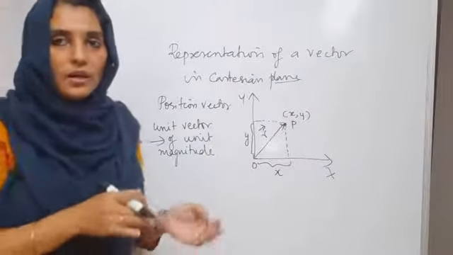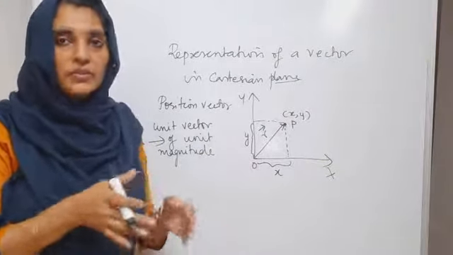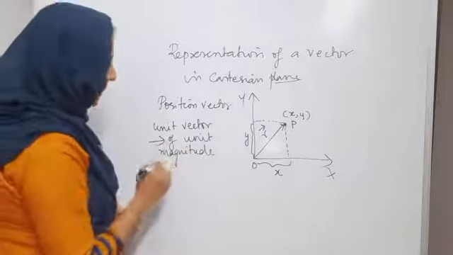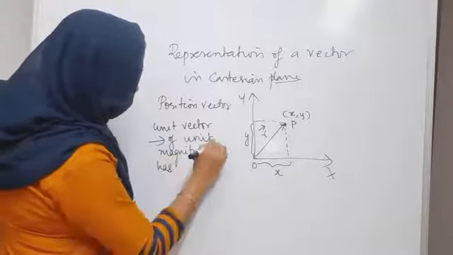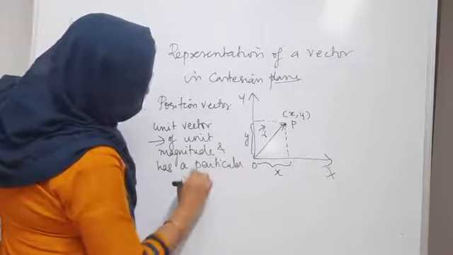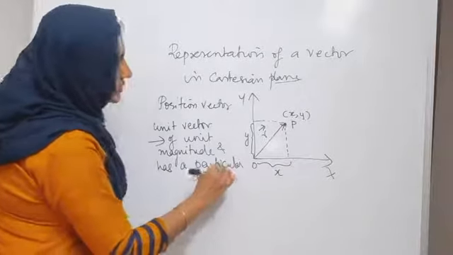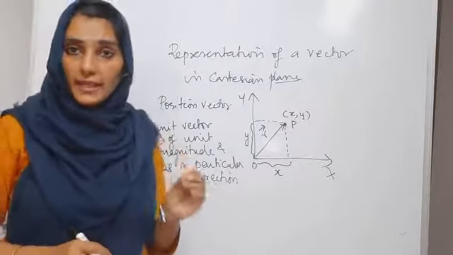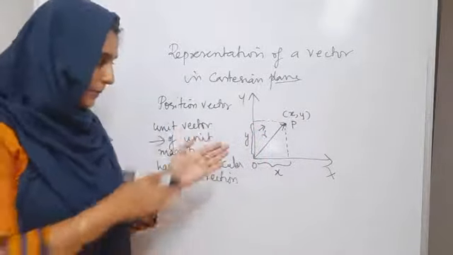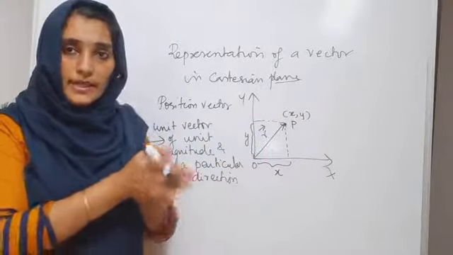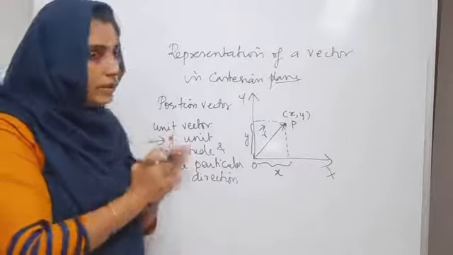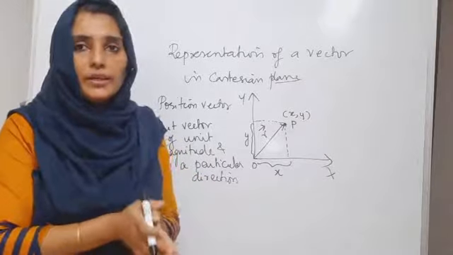If it is in centimeter scale, it's 1 centimeter. If it is in meter scale, then it is 1 meter, and so on. So it is of unit magnitude and has a particular direction. So the idea of a unit vector is to specify or assign a particular direction for a particular physical quantity. Suppose you want to assign a direction, show a direction. So it has the role of only showing a direction.